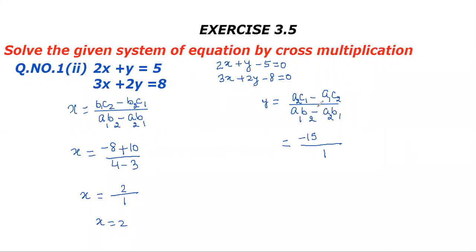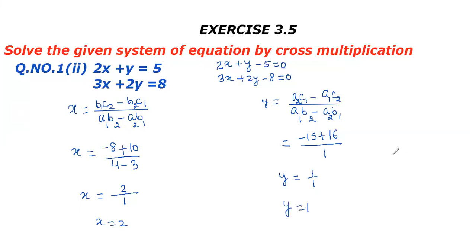And then this negative sign from the formula. Then don't look at y. A1, C2. So this will be -16. But one minus is already from the formula. Again, you are getting minus, so two minuses will make it plus. Therefore, the value of y is 1 upon 1, or we can say that y is equal to 1.